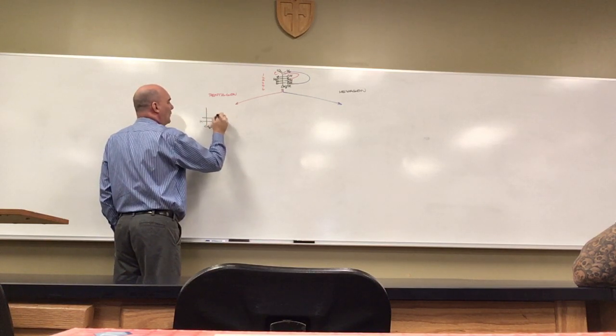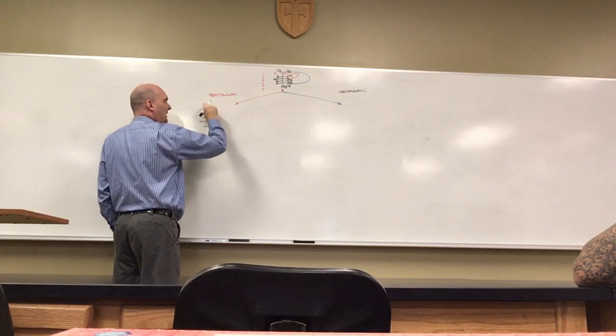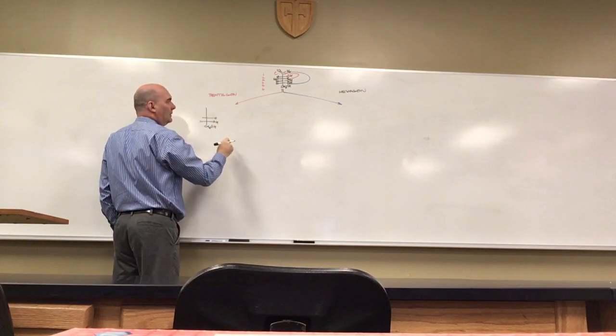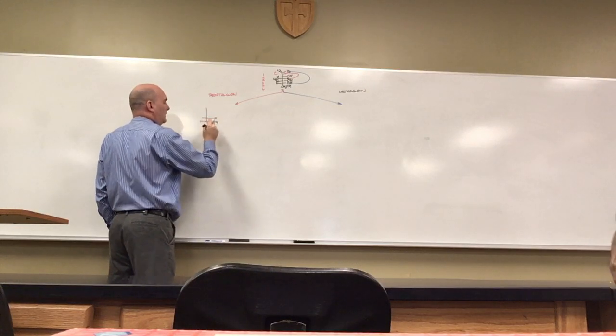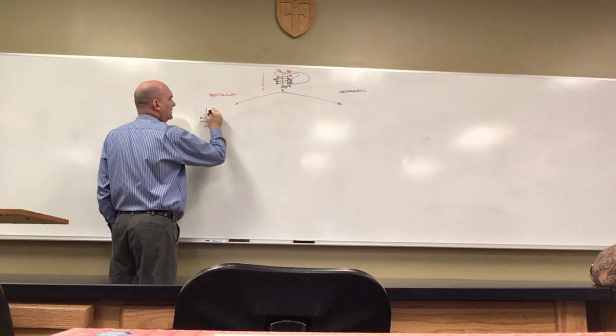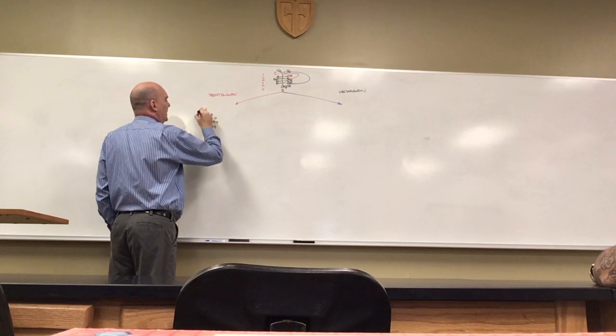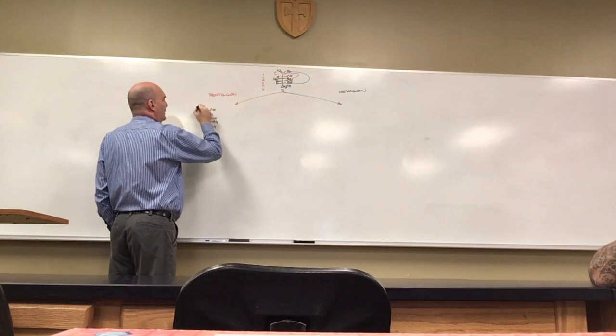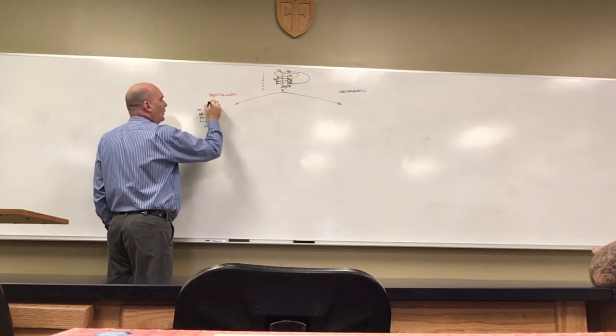Carbon number 4 takes its oxygen and pushes it into the top of the molecule. Carbon number 3 just stays doing what it's doing. Carbon number 2 stays doing what it's doing. Carbon number 1